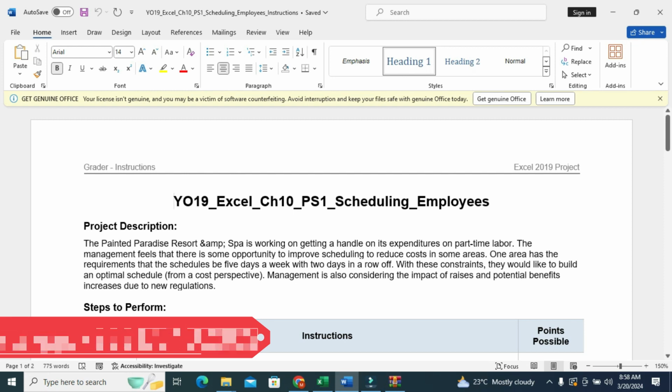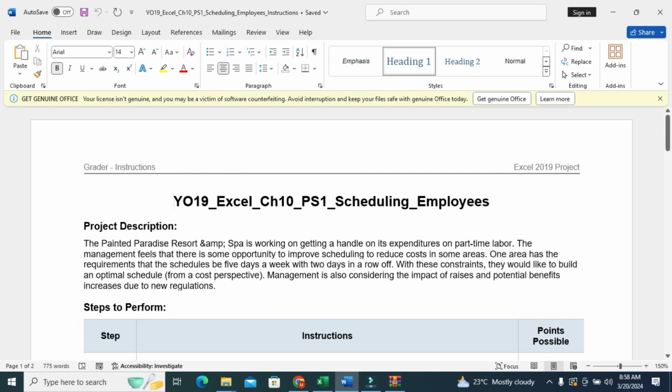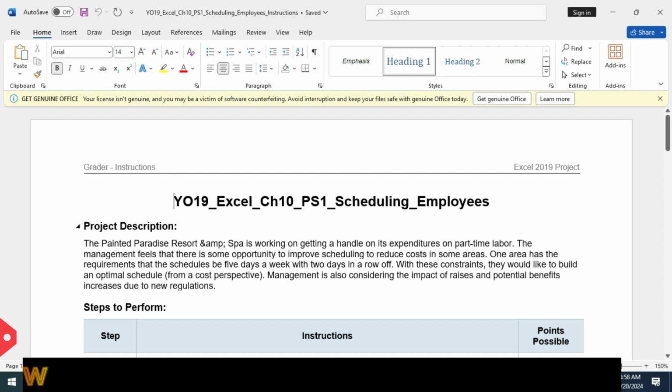Hi everyone, today I am going to solve an Excel assignment, YO19 Excel Chapter 10 PS1 Scheduling Employee. In its project description, the Painted Paradise Resort and Empire Spa is working on getting a handle on its expenditure on part-time labor. The management feels that there is some opportunity to improve scheduling to reduce cost in some areas. One area has the requirement that a schedule be 5 days a week with the 2 days in